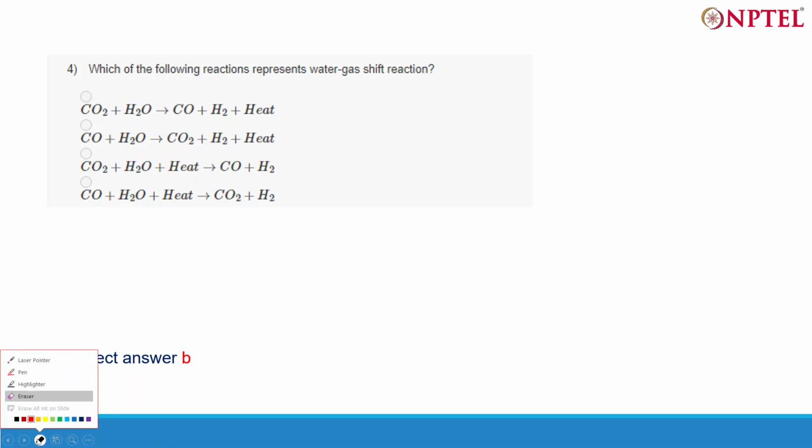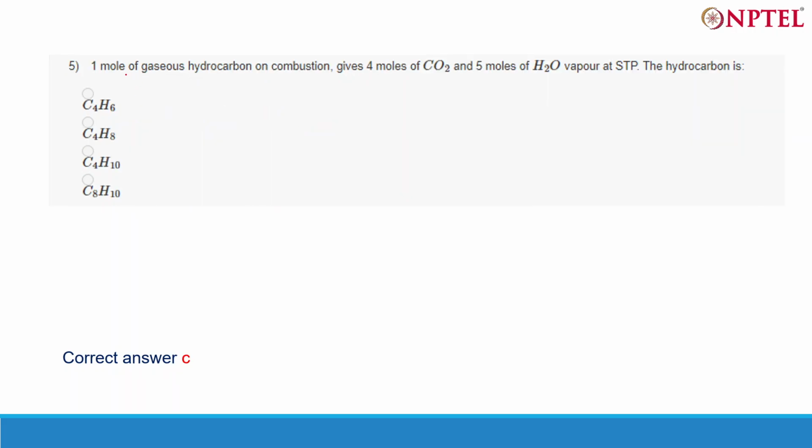Sorry, this is the correct answer: CO plus H2O gives CO2 plus H2, basically producing hydrogen and heat. So 1 mole of gaseous hydrocarbon on combustion gives 4 moles of CO2 and 5 moles of H2O at STP. Let's say the hydrocarbon is CxHy. You don't know the name of the hydrocarbon, and it will just react with air,